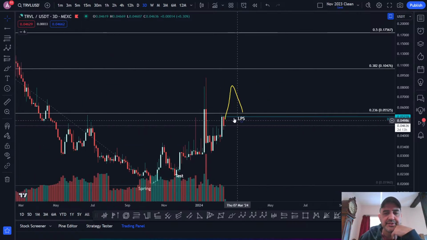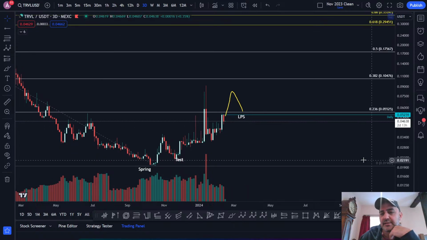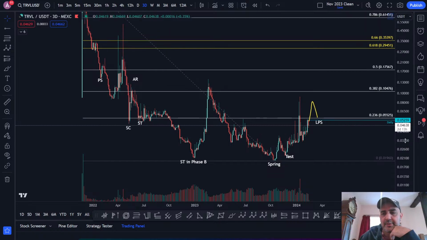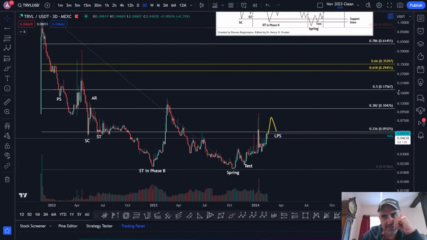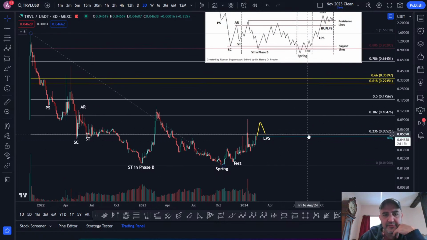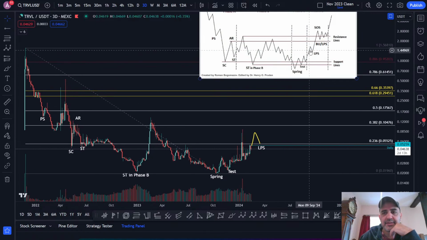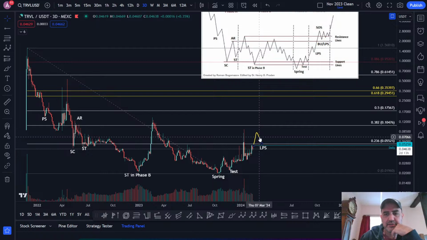We're still consolidating underneath resistance, and we still haven't moved up. We have to really flip this line, because that would make sense, because then this LPS is above the ST, above the SC, and effectively what you're doing